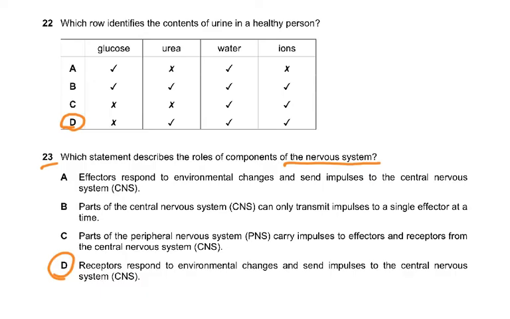Like you touch something hot and you withdraw your hand. You enter this room, it is very hot. Well, how did you know that? Receptors in the skin are sending information to the brain. And the brain tells you, oh, this room is very hot. Let's put on the fan. Let's put on the air conditioning.